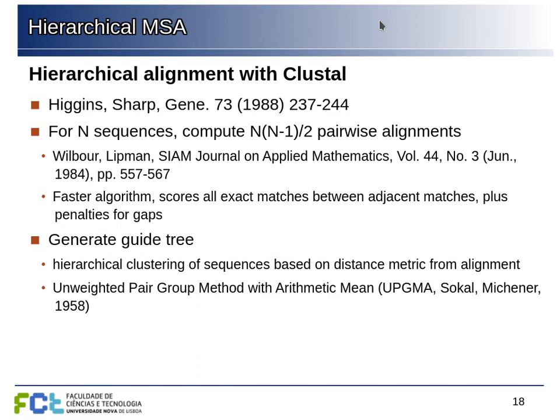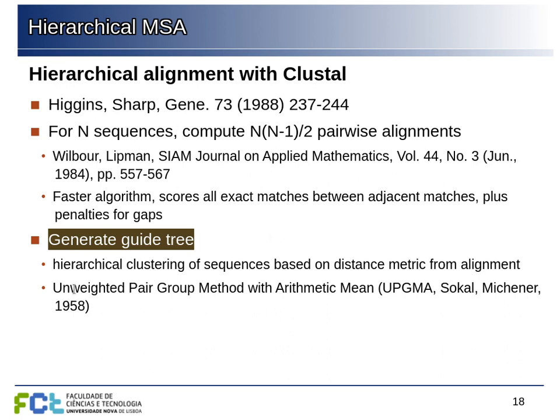So let's see how this was implemented in Clustal. This first version here starts, for n sequences, by computing all the pairwise alignments. So this is the number of pairwise alignments we have, each sequence with all the others, but avoiding repetition. So it's the number of sequences times the number of sequences minus 1 divided by 2. And then use this to generate a guide tree.